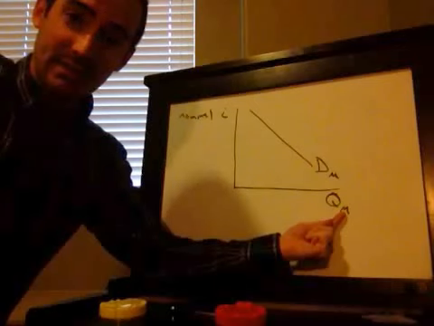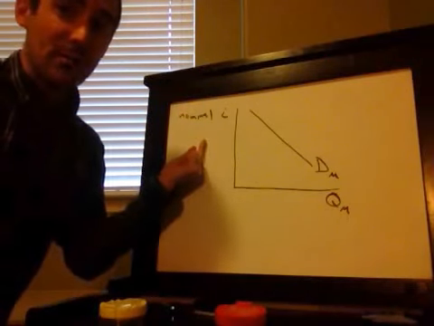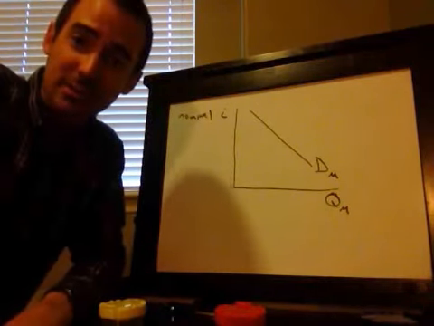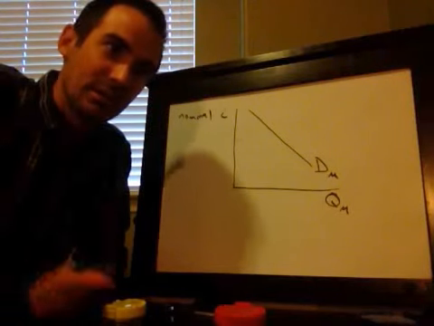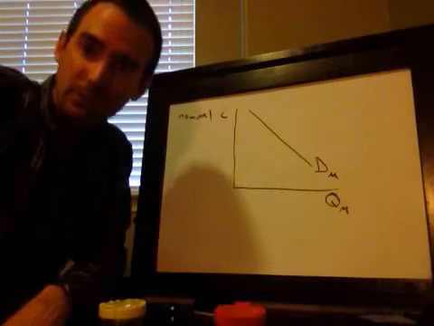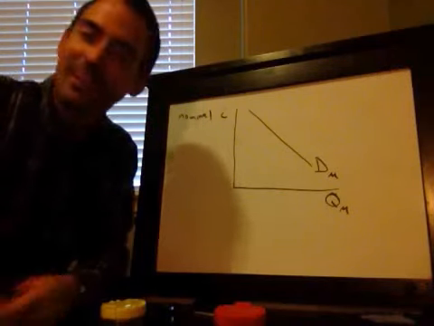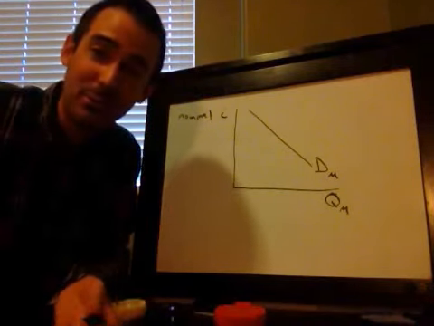M for money and N for nominal are next to each other in the alphabet, and they go together on the money market. So I guess if nominal goes with money, real interest rate must go with loanable funds. I know it's cheesy. That's how I remember it, and it works.